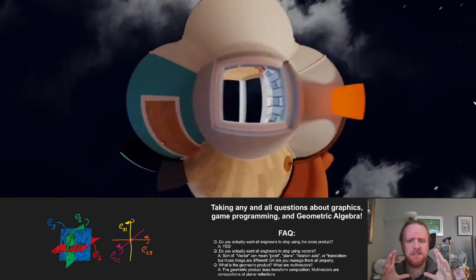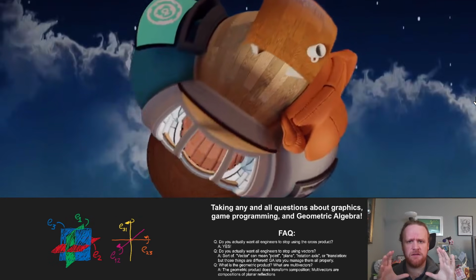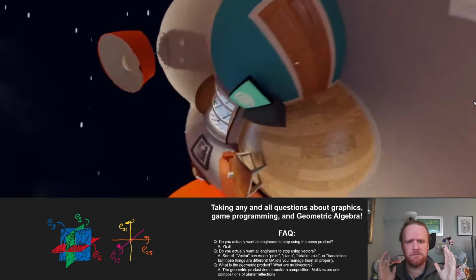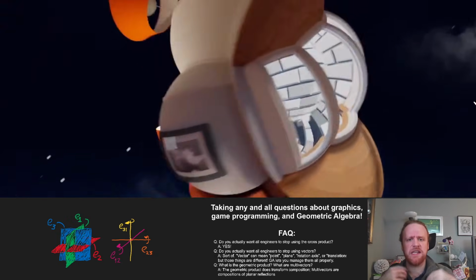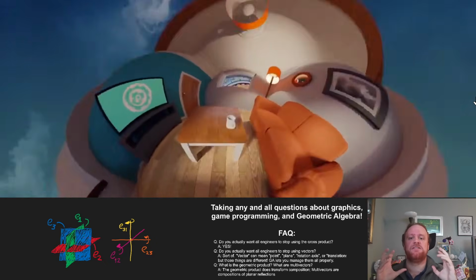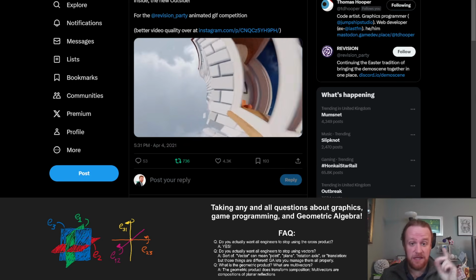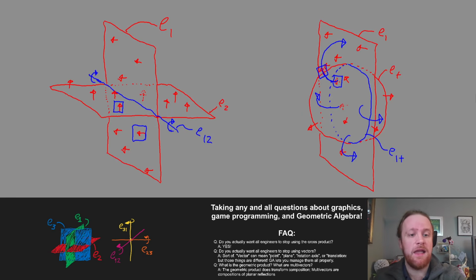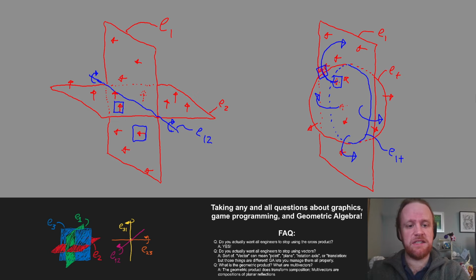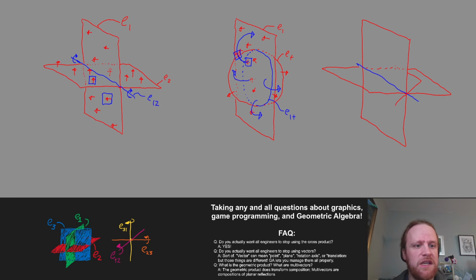You're not seeing a circle here, but there is a particular preserved circle that isn't moving in this picture, and this thing is performing a weird kind of rotation around that circle. Ordinary rotations are rotations around lines. This is a rotation around a circle, and E1 plus is the particular case of a 180 degree rotation around a circle,